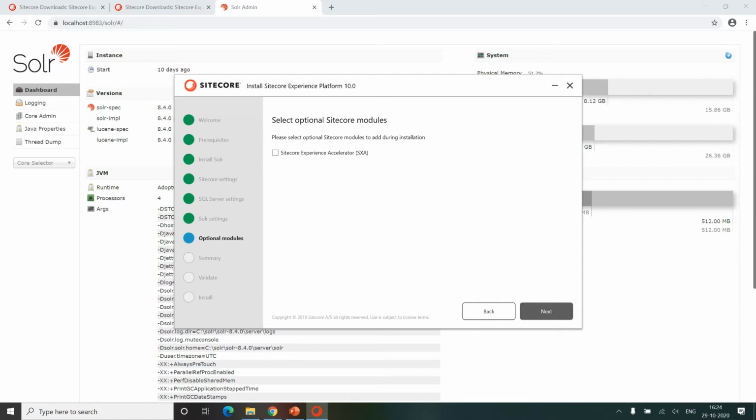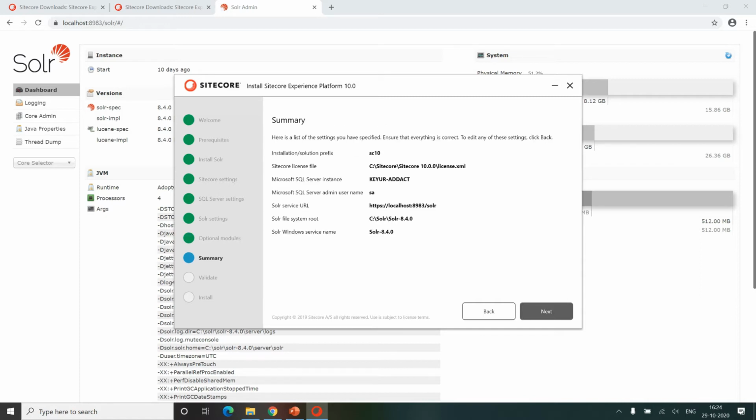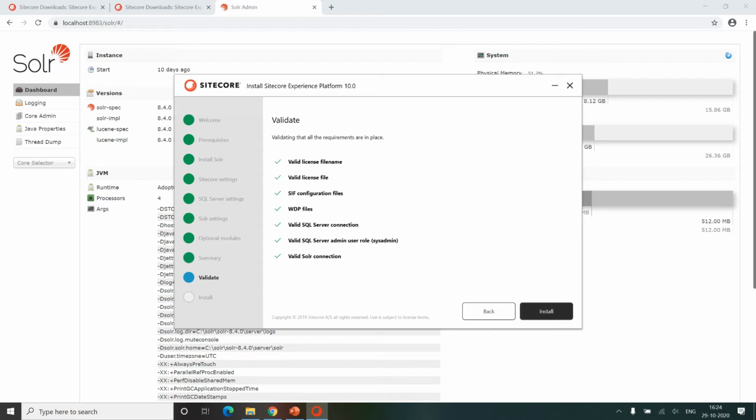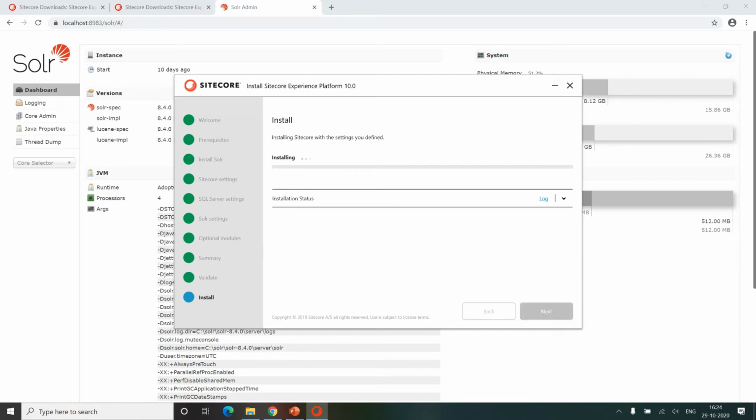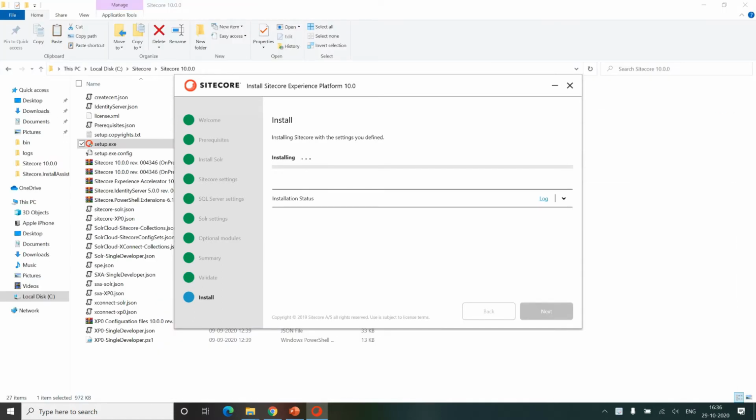I don't want to install SXA, so I am not clicking it. I just click on next. It gives you an entire summary of your variables and validates everything. Once it's validated, I am going to install all of this in my local environment. So let me just fast forward this installation.